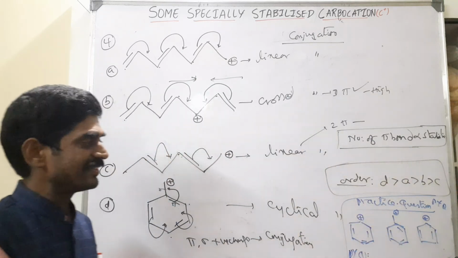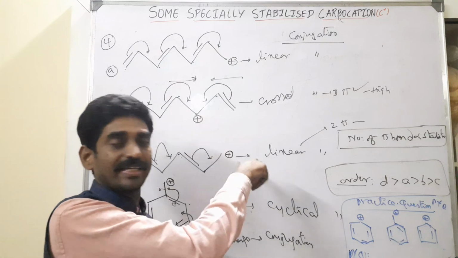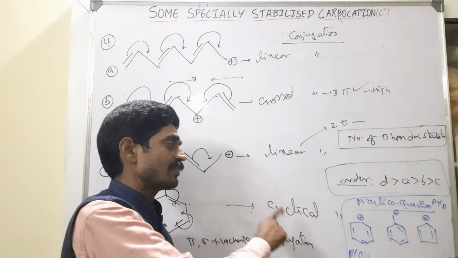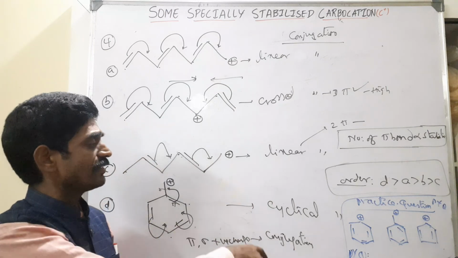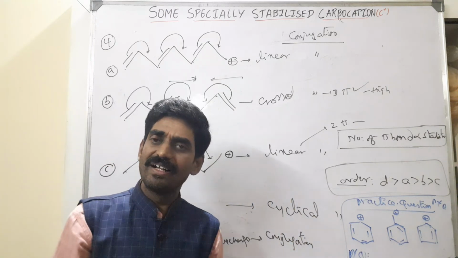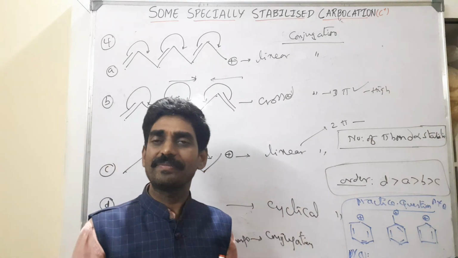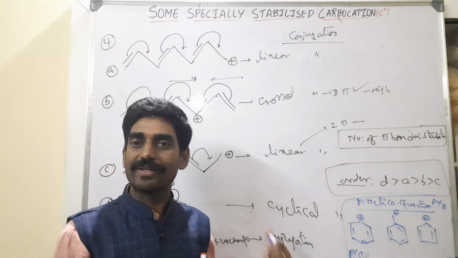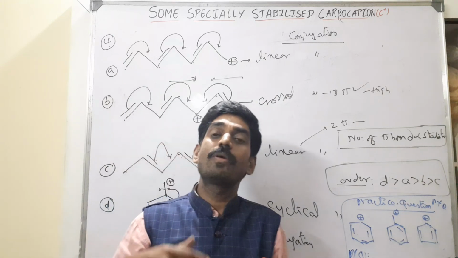Just try it. From this explanation, by watching this, you can easily understand. By using that concept, you can easily answer it. In the next video, I will give the solution for this one also, and then some more compounds are there. These are all specially stabilized carbocations, and some more examples are there. That we are going to do in the next part 3.